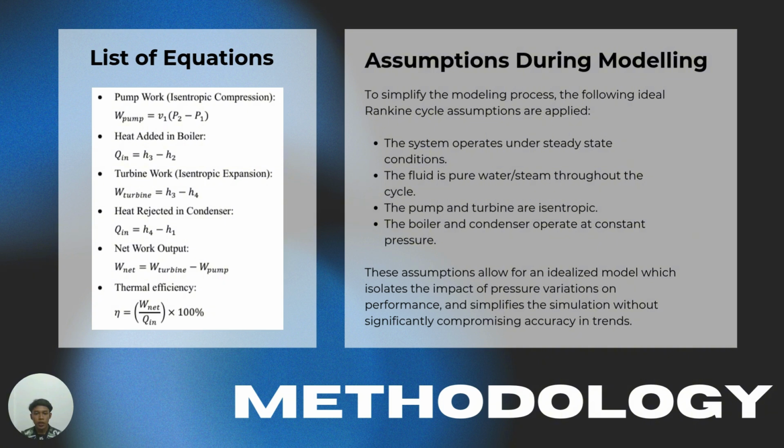The following ideal Rankine cycle assumptions are applied: the system operates under steady state condition. The fluid is pure water or steam throughout the cycle. The pump and turbine are isentropic. And last, the boiler and condenser operate at constant pressure. This simplification allows us to isolate and study the effect of different pressures on the Rankine cycle's behavior